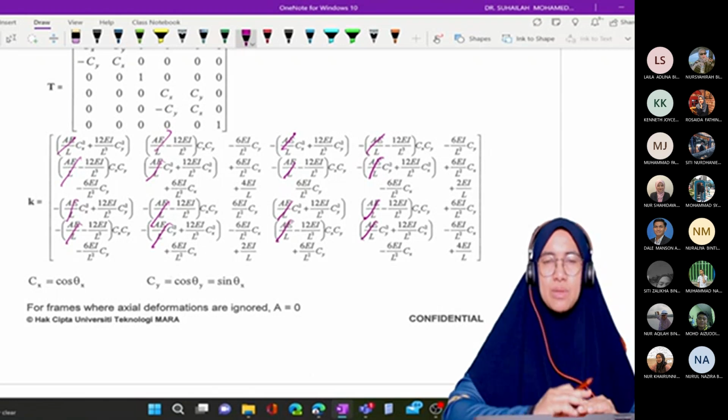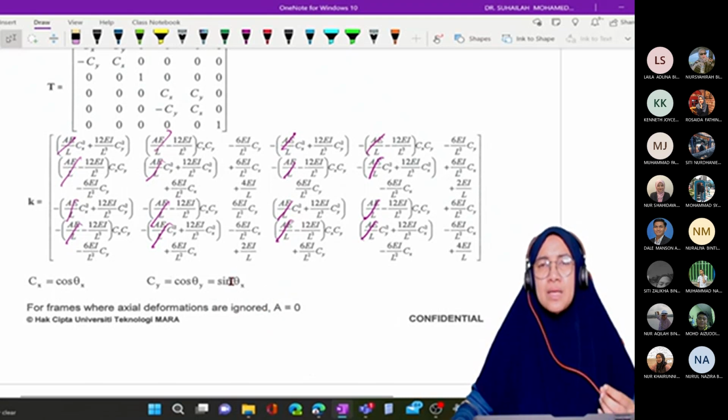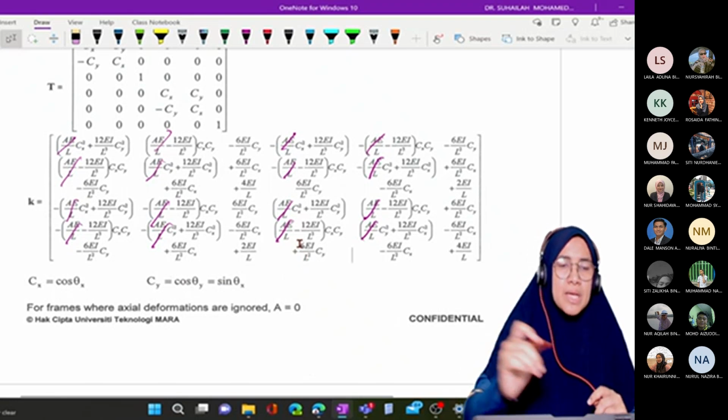Okay, all AE will be cancelled. So we still have 6 by 6, but we don't have to consider AE, so we ignore axial effect. We ignore axial deformation. We consider only bending effect. We consider only the primary mode of deformation. So what we have actually in this formula is only,